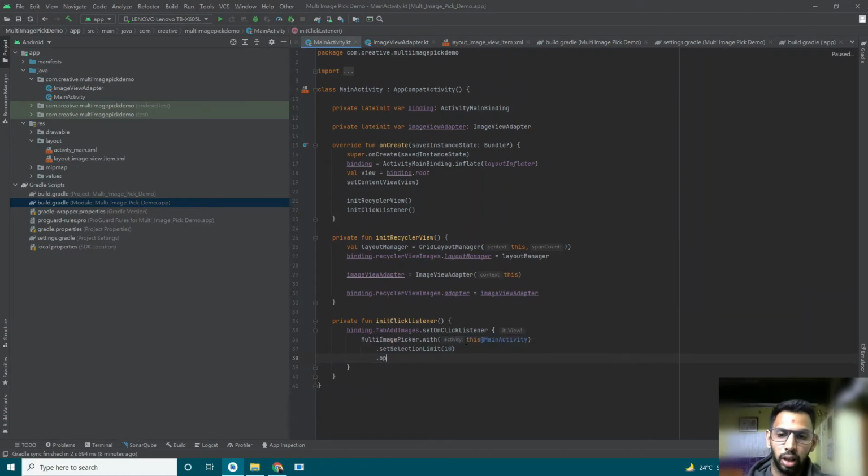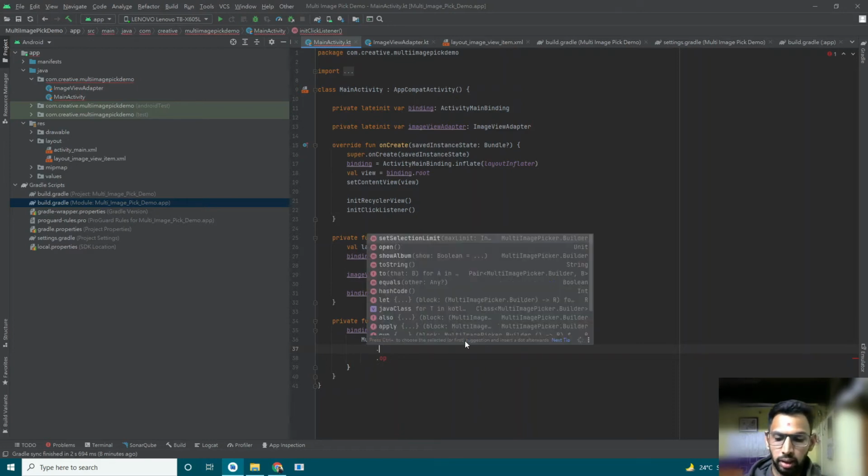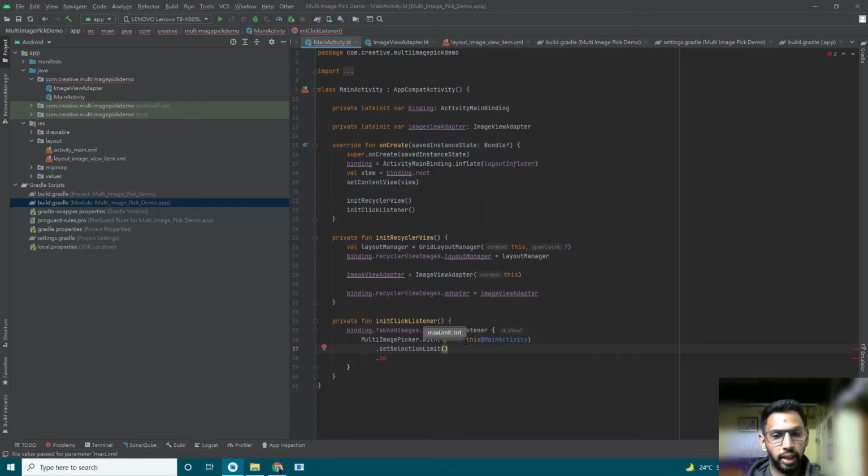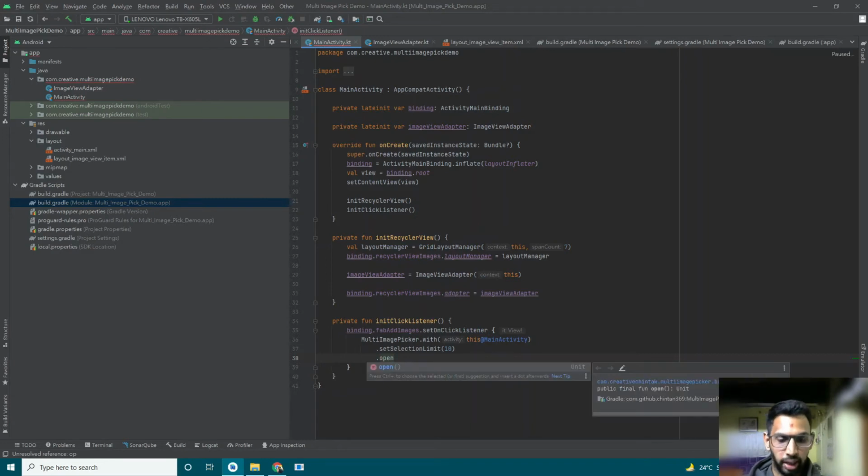If you do not set the selection limit, then by default it will take 30 images. If you give 0, or more than 30, right now we have restricted it to 30 images max. So the maximum is 30. If you set the selection limit to 10, it will allow only 10 images to be selected. After you call open, it will open the library.